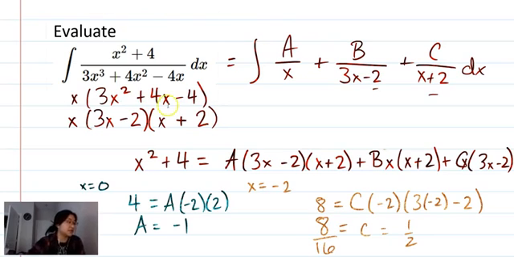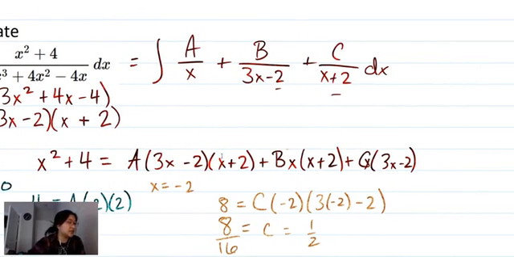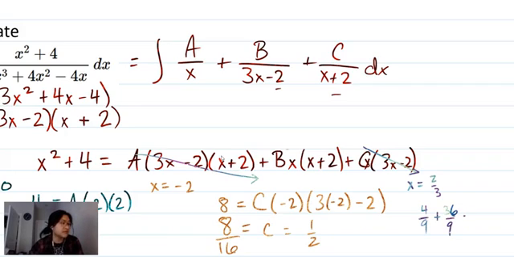Let's let x equal 2/3. So then this goes away and that goes away. So then we're left with 4/9 plus 4, which is 36/9 equals B times 2/3